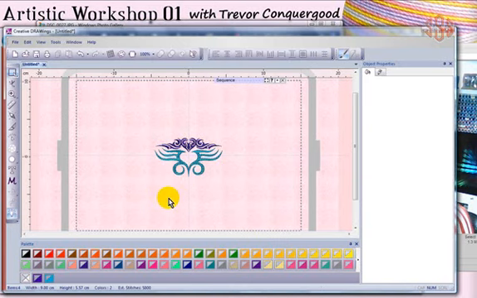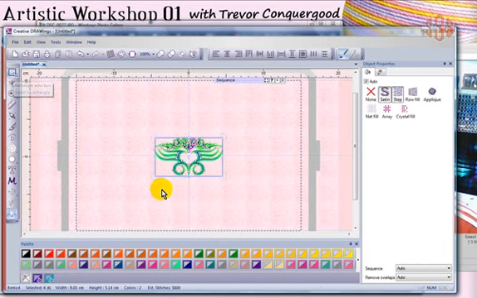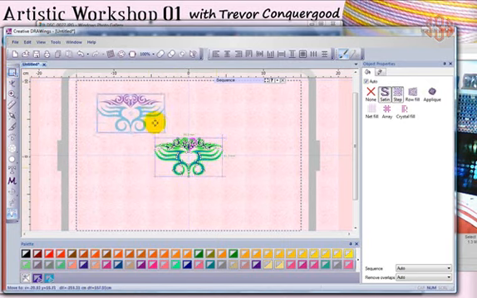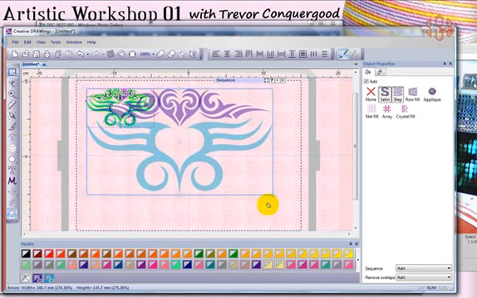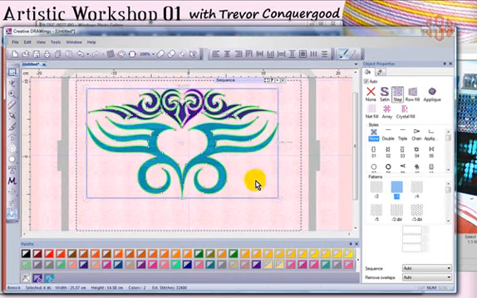So there's so much that this software can do, and I'll do a great job in the introductory class of showing the different types of features. Just as an example, if I take my selection tool, I could easily select this embroidery that's been created, and then I could move it to a different location in my embroidery hoop, or grab a corner handle and just resize it. Now that I've got it at a new size I might like,